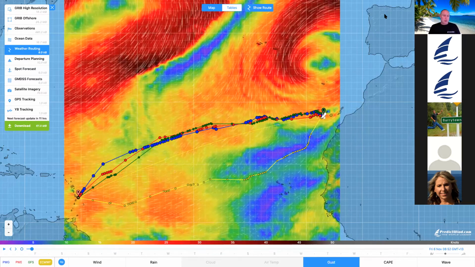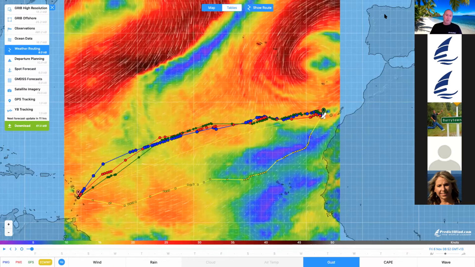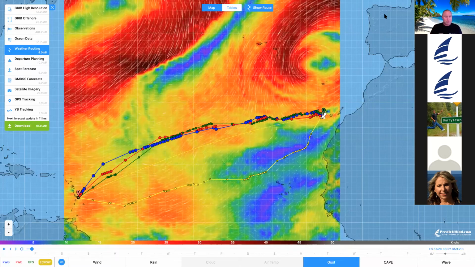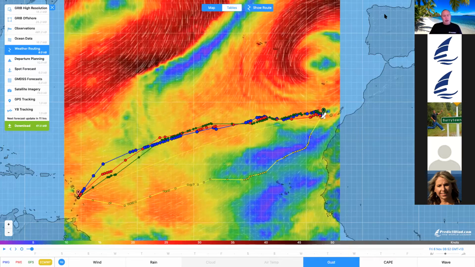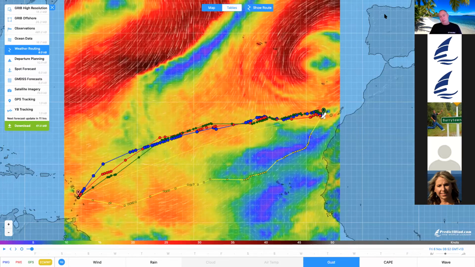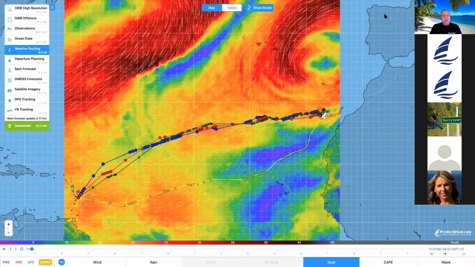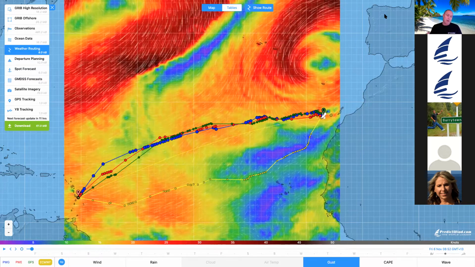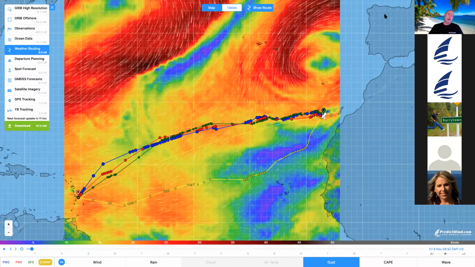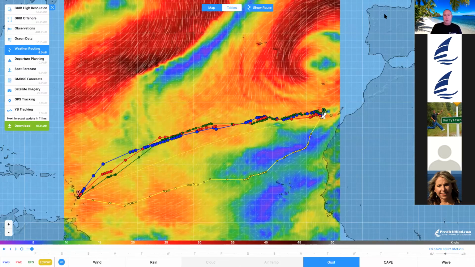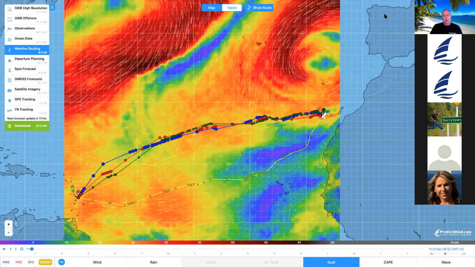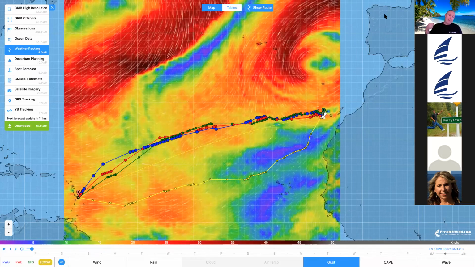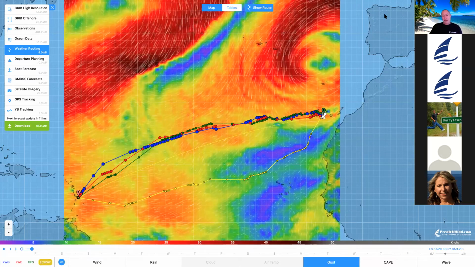Why? Because we're all about giving people the best data available. We could chuck 50 models in there if we wanted to, but we've done a lot of work and some evaluation studies, and we're going to put in the UKMO model, which is the #2 National Weather Service model in the world. And so we have the ECMWF, and then the UKMO, and then we are also adding